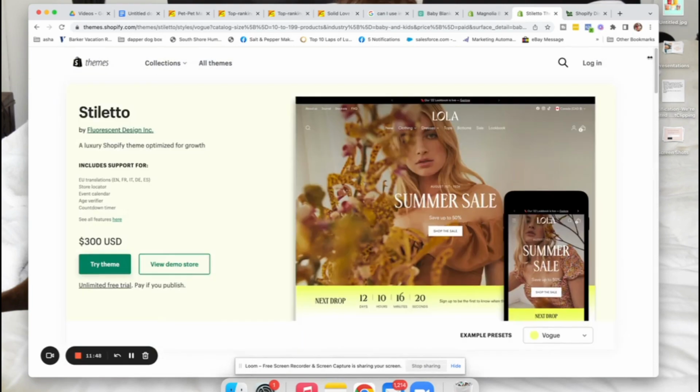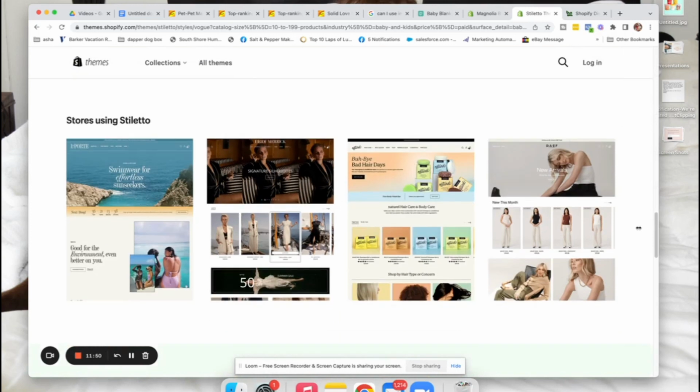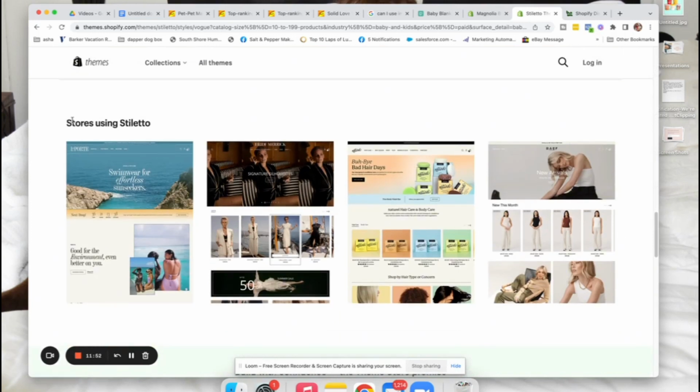And then another cool thing is when you open up the theme, you can go down and look right here at stores that are using Stiletto. And you can go through and actually look at these stores. That's really, really cool. So if I click on this,